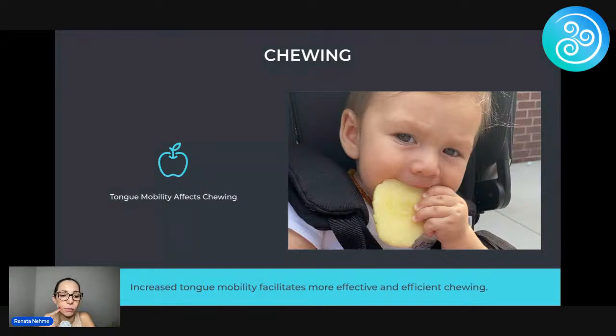We call this a vestibule if you're not a hygienist. So on the insides right here, we're going to start packing a bunch of food. That's because the cheek muscles are too weak, and the tongue is pushing the food that way. So the tongue needs to be able to push the food into the teeth, and the cheeks are supposed to push the food back into the teeth so that the food stays on the chewing surface of the teeth. So that's another function of the tongue.